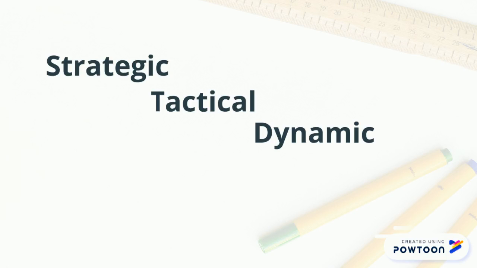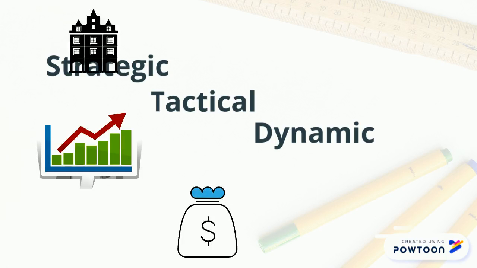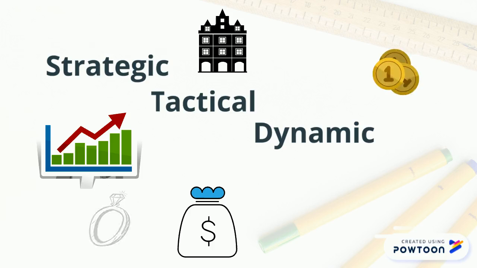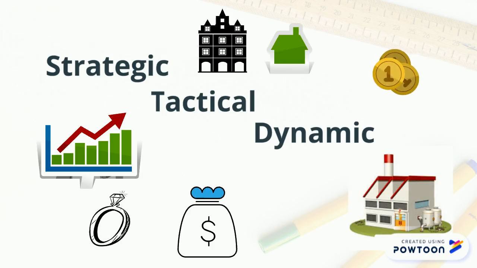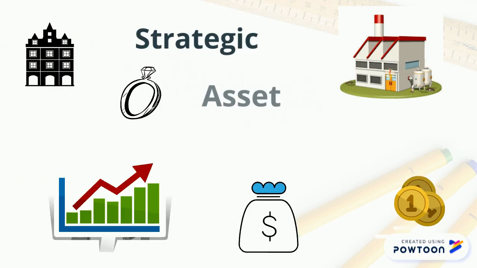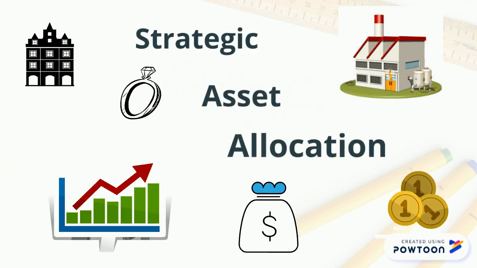Correct. So actually, let me first tell you that there are three key strategies in which you can decide your asset allocation. First is the strategic asset allocation. Second is tactical asset allocation. And third is dynamic asset allocation. So what's the best amongst those? So it's not about which asset allocation strategy is better than the other. It's about what works. And let me talk about strategic asset allocation today.